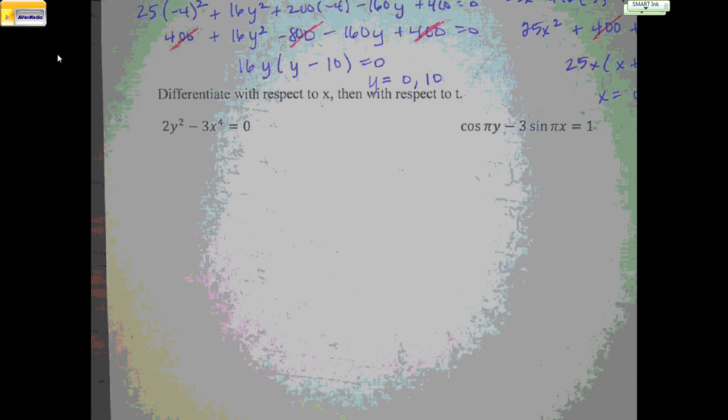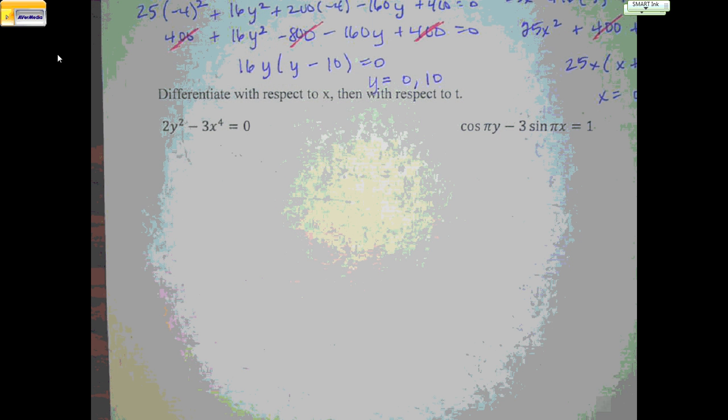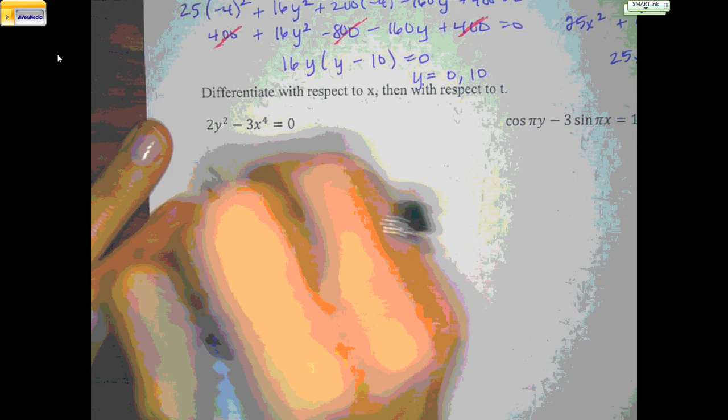Last little bit. It wants us to do two things: differentiate with respect to x, and then with respect to t. All right, let's not freak out about the t part. Let's just leave it alone for a second and differentiate with respect to x. That's what we did yesterday. We can do that. So we have